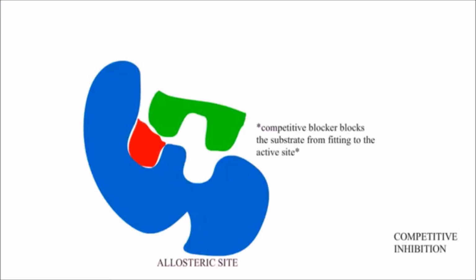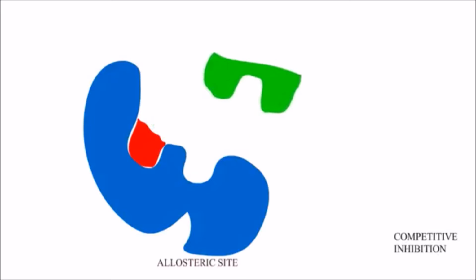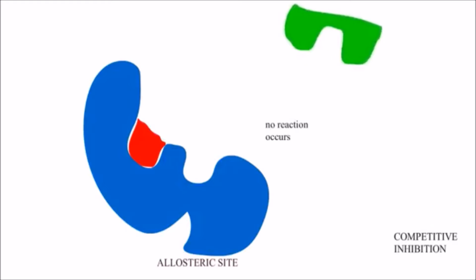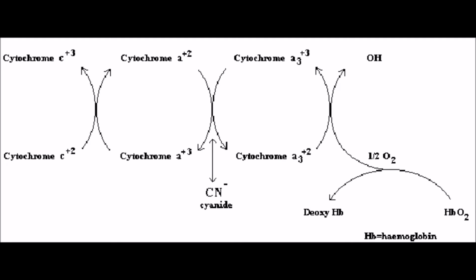Competitive inhibition is usually temporary and the inhibitor will usually leave the enzyme. Therefore, the level of inhibition depends on the concentration of the substrate and inhibitor, since they are competing for places in the active site. An example of a competitive inhibitor is cyanide, which acts as a competitive inhibitor to the enzyme cytochrome